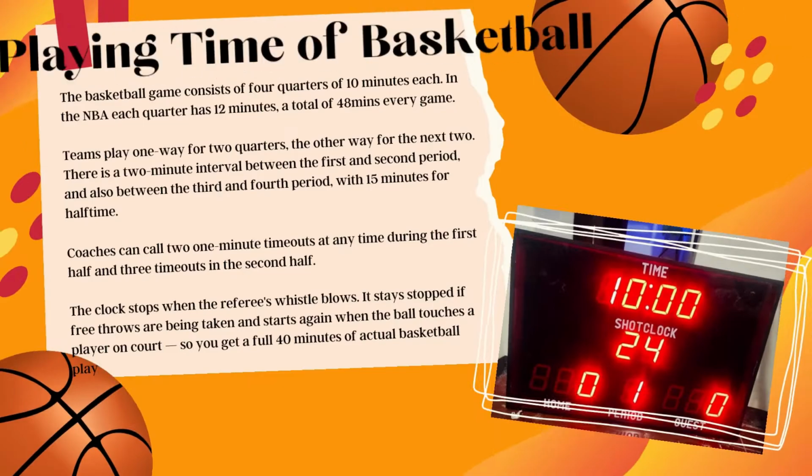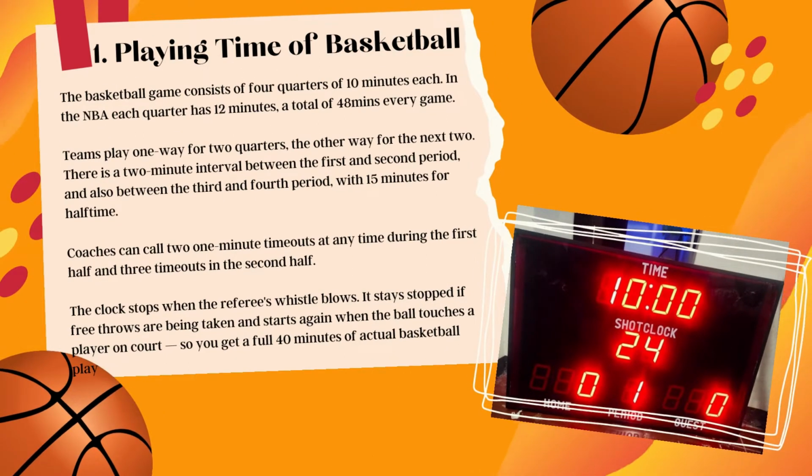Playing time of basketball. The basketball game consists of 4 quarters of 10 minutes each. In the NBA, each quarter has 12 minutes, a total of 48 minutes every game. Teams play one way for 2 quarters, the other way for the next 2. There is a 2-minute interval between the first and second period, and also between the third and fourth period, with